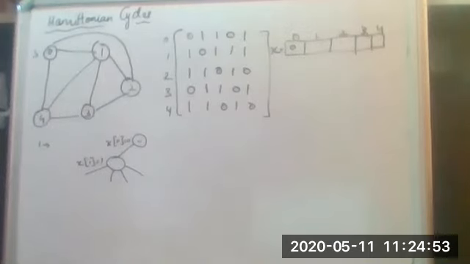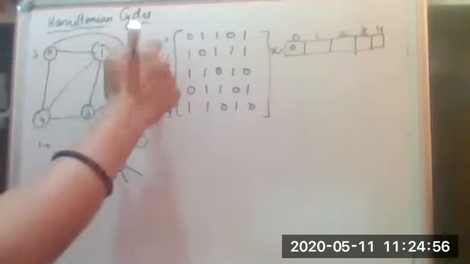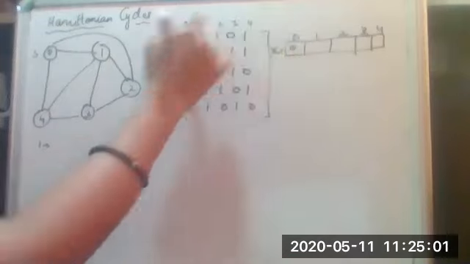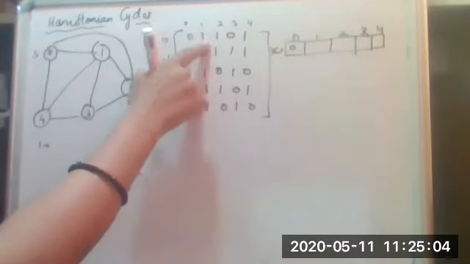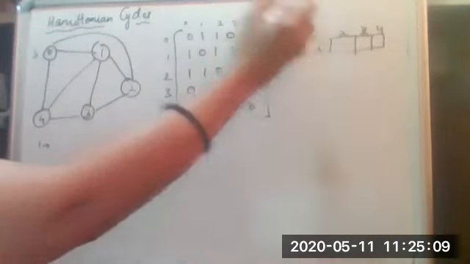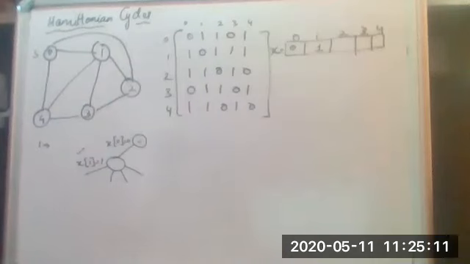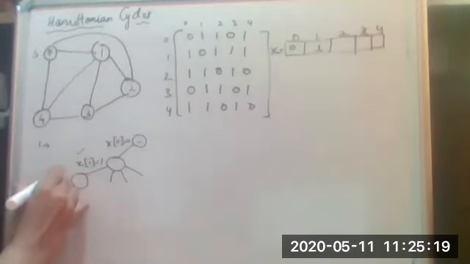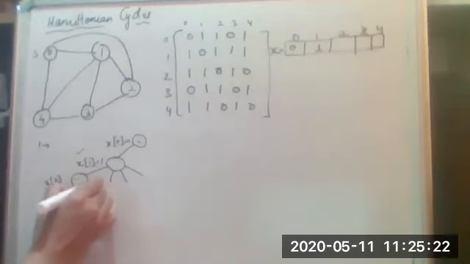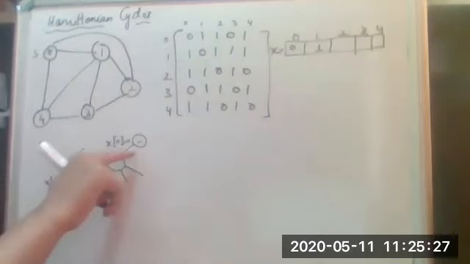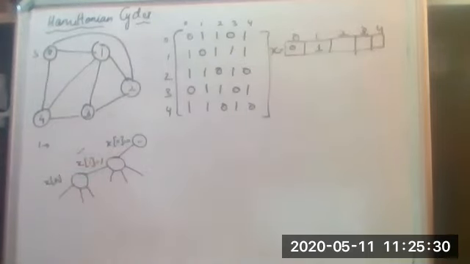Fine. So for 0 to 1, we'll look into this: 0, 1, 2, 3, 4. From 0 to 1, there is a path. That means it is possible, so I'll put 1 here. After that, I check for the other one, that is x2. What are the different options I can have here? What I cannot have here is 0 or 1 coming up again.